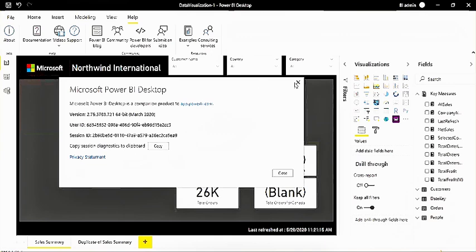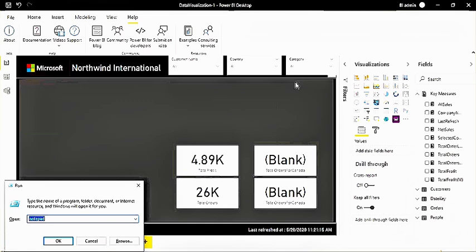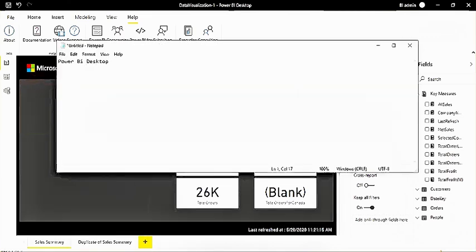Because the thing is, when you upgrade Power BI Desktop, then you have to upgrade your data gateway version also. Why? Because in each version Microsoft adds or enhances the query mashup engine. So what is the query mashup engine? We will not go into much detail. Query mashup engine is something like when you have 20 tables in your data model, and those 20 tables are coming from different sources.